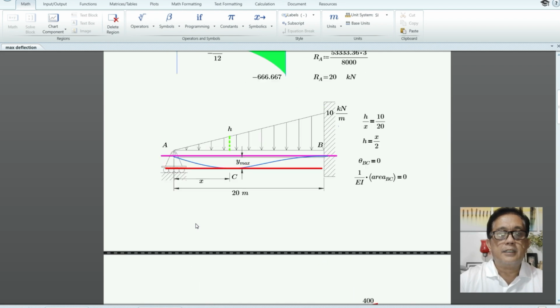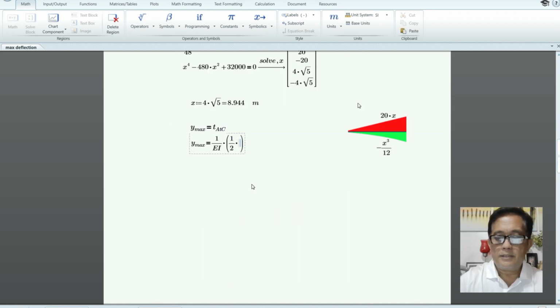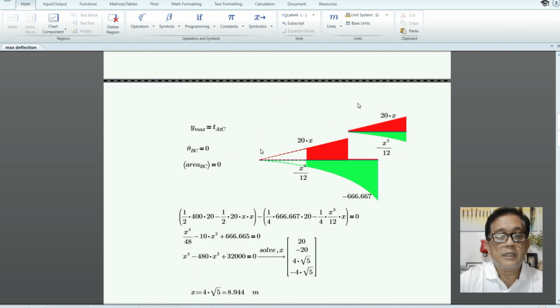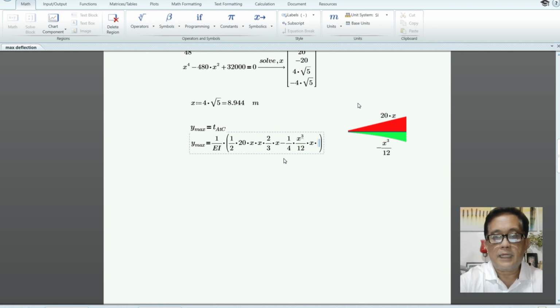So again, Y sub max, or the maximum deflection, equals the deviation at point A tangent drawn to C. So maximum deflection is 1 over EI times the moment of area of that part of the moment diagram, which is at the distance X from A. So that's, where is it? This one here, this part here. So the magnitude of the moment diagram due to the reaction is 20 times X, and due to the triangular load is X cubed over 12. So that's 1/2 times the height, which is 20 times X, times the base, which is X, times the moment arm measured from point A. So it will be 2/3 of X minus that of the spandrel, 1/4. By the way, it's a third degree spandrel because that is due to the triangular loading, times the height, which is X cubed over 12, times the base, which is X, times the moment arm, and that should be 4/5 of X.